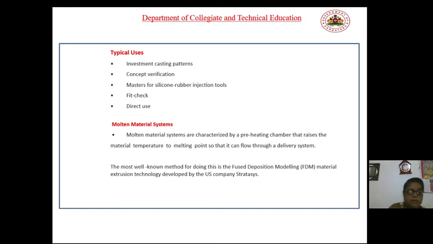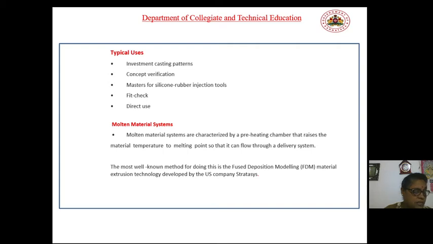So a single jet piezoelectric deposition head lays down wax material. Another head lays down a second wax material with a lower melting temperature that is used for the support structures. The droplets from those print heads are very small, so that the resulting parts are fine in detail. To further maintain the part's precision, a planar cutting process is used to level each layer once printing has been completed. After that, what will happen here?